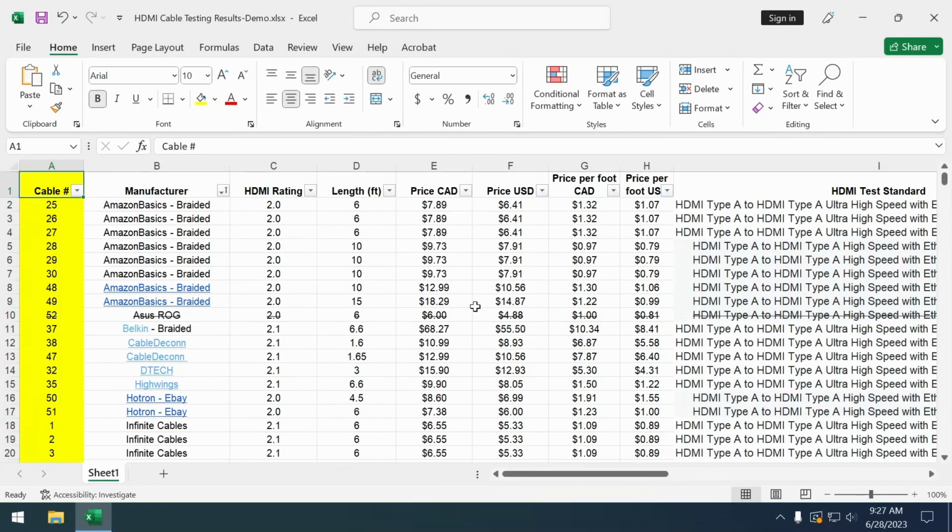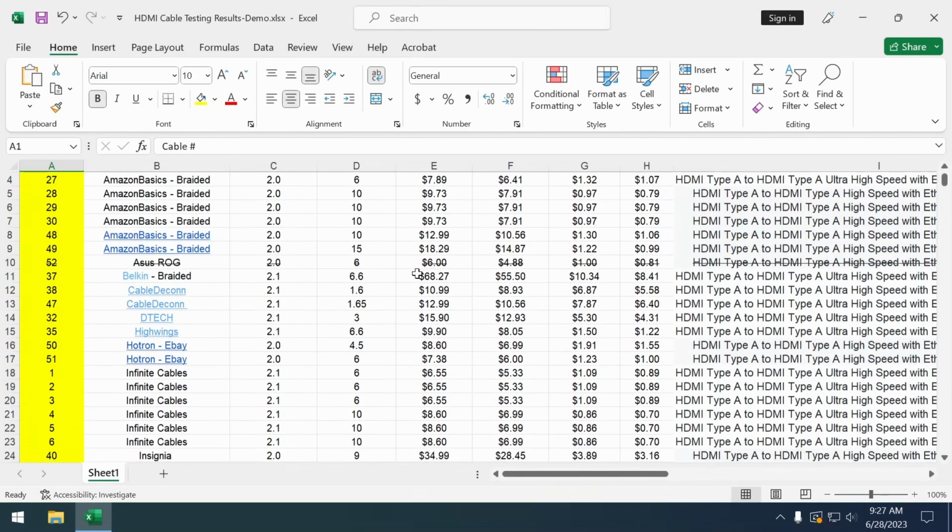So with that out of the way, I'm going to explain one scenario where you might want to use the freeze panes function in Microsoft Excel. You may have run into a situation where you're browsing a spreadsheet like this and you want to scroll down to see more info as you go through it. But you'll notice that as I scroll down,